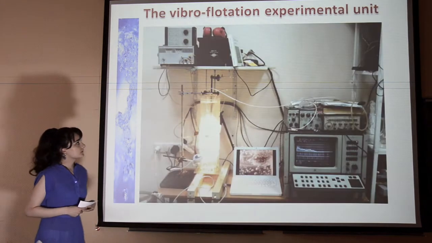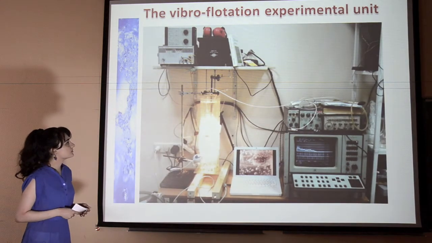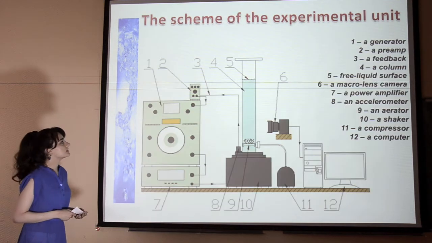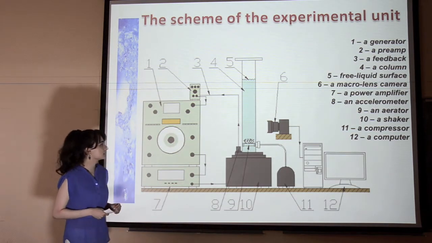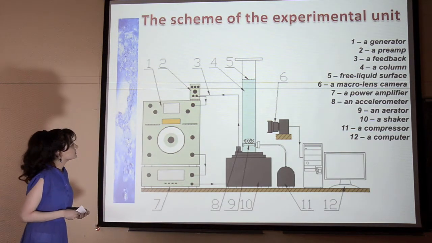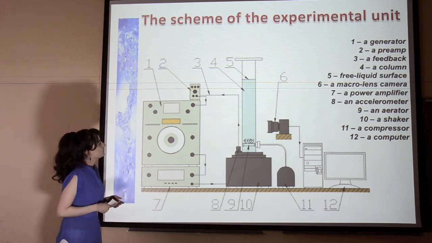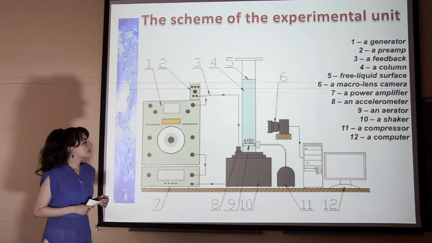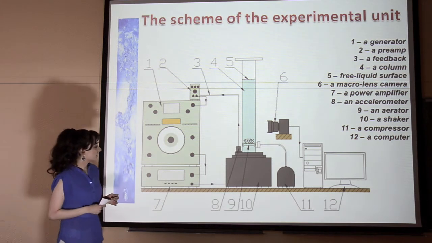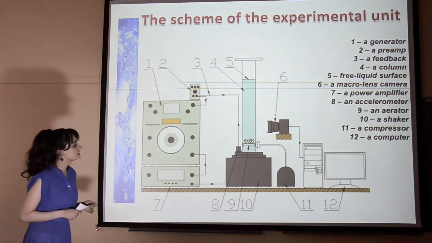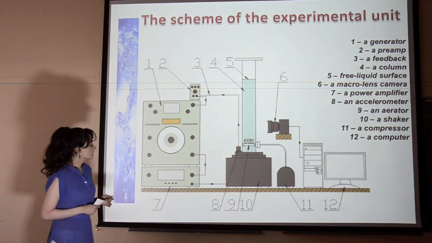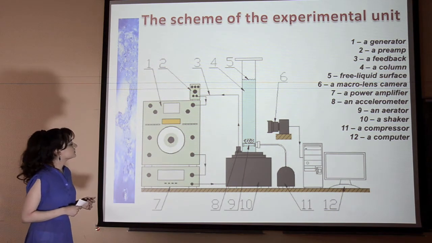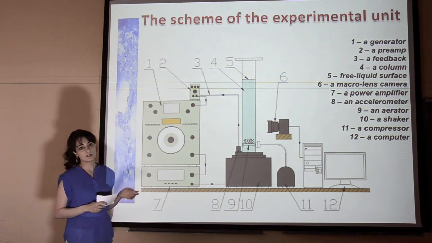For this quite difficult task, the following experimental unit was created, and on the next slide you can see how it looks schematically. This unit consists of the column 4 filled with water up to level 5. Air bubbles are introduced through an aerator 9 by the use of the compressor 11. A shaker is used to send the signal from the generator 1 through the preamp 2 directly to the study